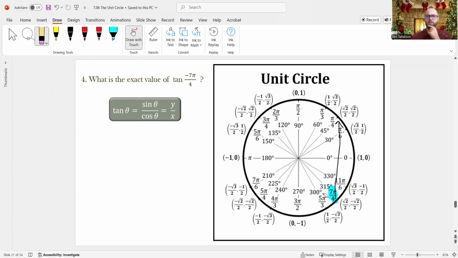So, okay, we're right here. So there is negative 7 pi over 4. Now they want the tangent. Well, tangent is sine over cosine. So tangent of negative 7 pi over 4